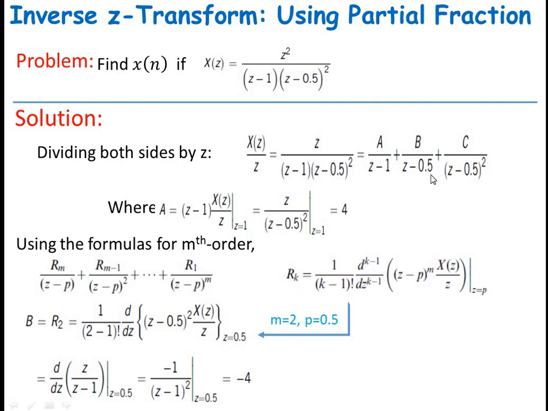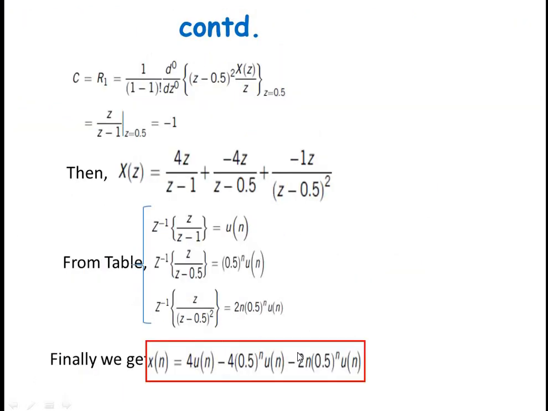And remember, for finding, if you are having any repeated values, and if you are going to find the very first value in the repeated poles, we have to start the value of k from the highest value. Here the power of m is 2, so we will be having the value of k as 2, so we have to start the value of k from 2. So for b the value of k will be 2. For getting value of c, we have to use value of k as 1. So by using this formula, we are getting the value of b and c.